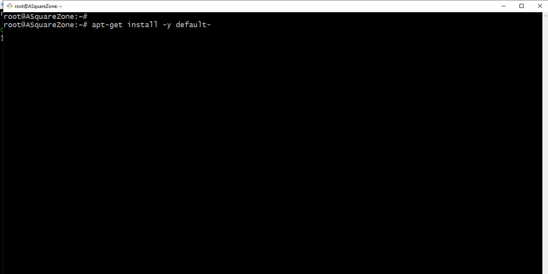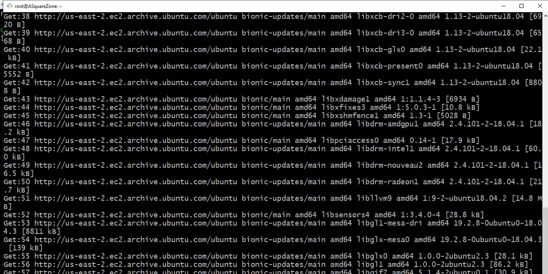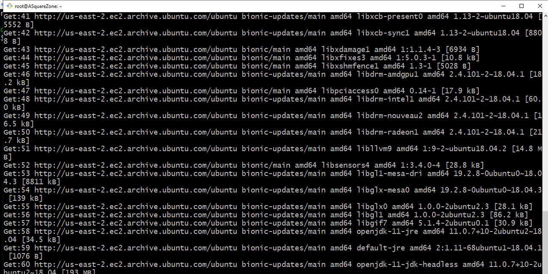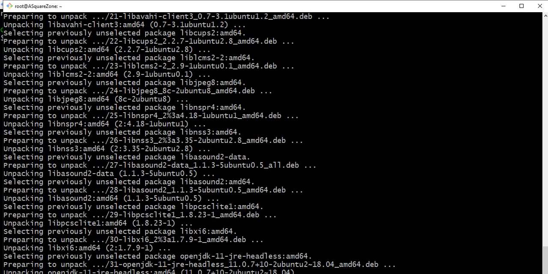Using the default JDK, we can install the latest version of Java on this Ubuntu server. I'm giving the -y option, so it won't ask again with a pop-up of yes or no.